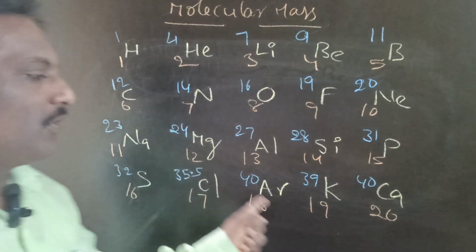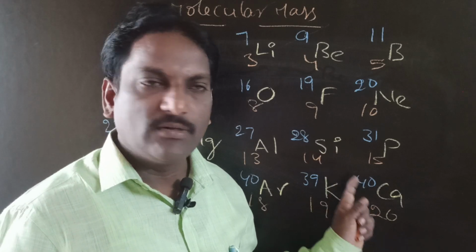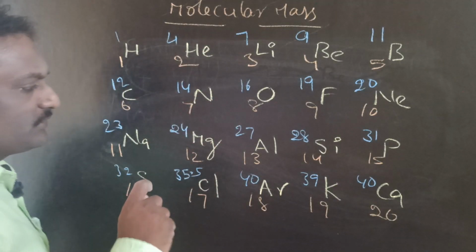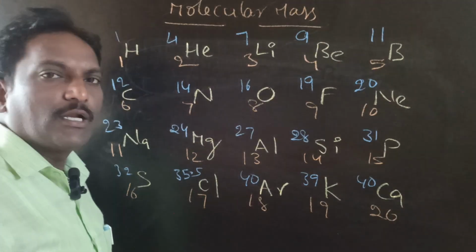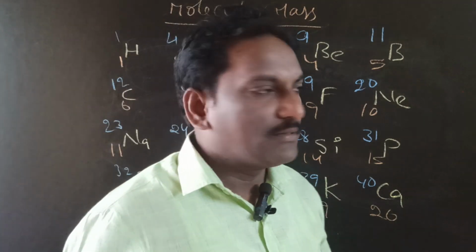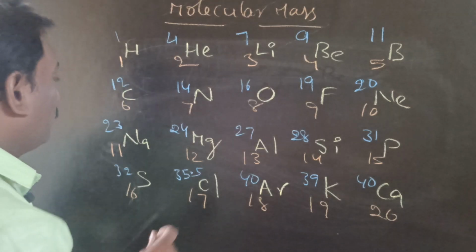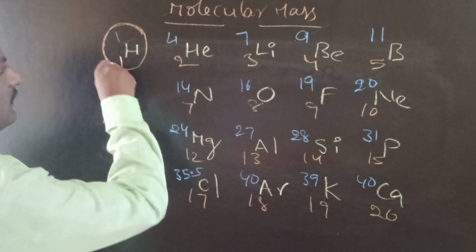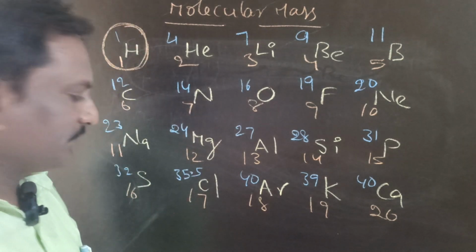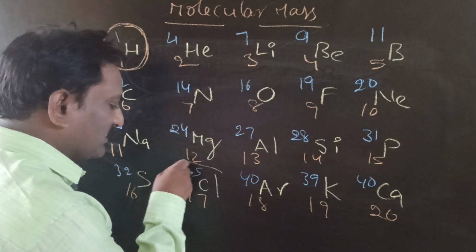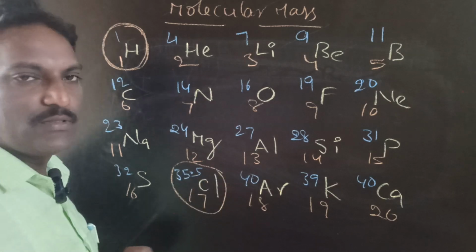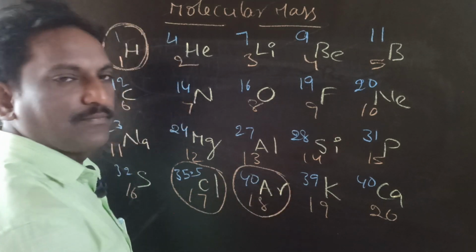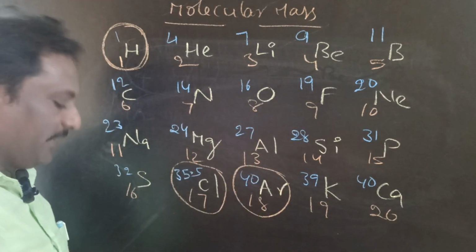Please remember the atomic numbers and atomic masses of elements 1 to 20. Now I am going to give one simple keyword on how to remember atomic masses of 1 to 20 elements. In case of hydrogen, atomic number 1, mass also 1. Next, chlorine 17, 35.5. You have to remember that especially. And argon also you have to remember. But then what about the remaining?